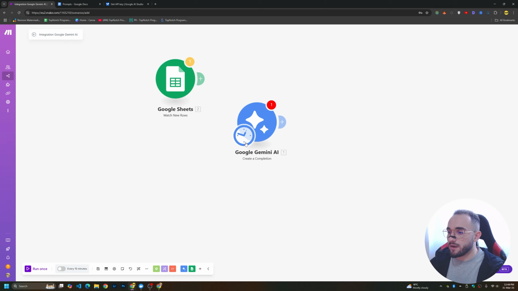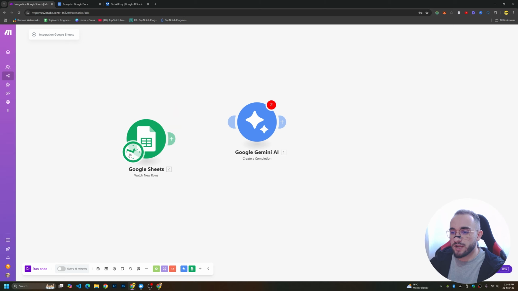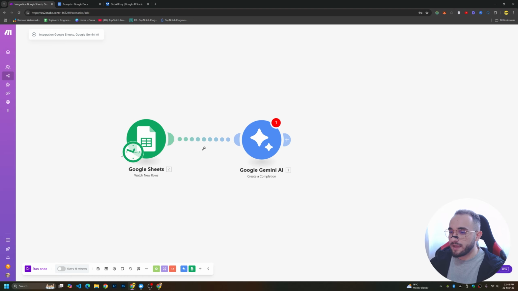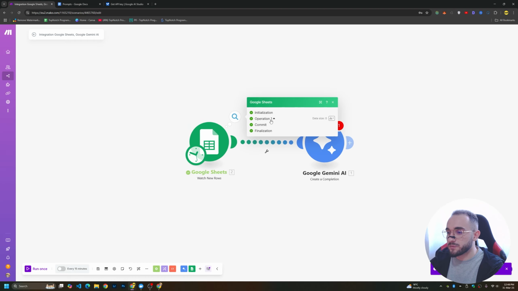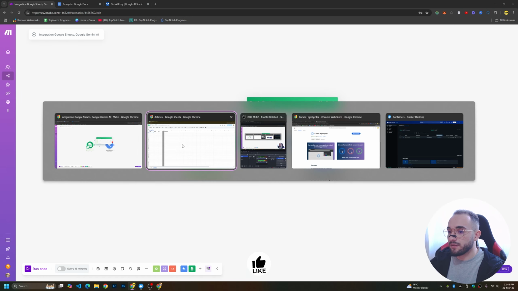Okay, so now we'll have to move this clock to this first node here on the Google Sheet, because we want to check periodically if we have new rows, and then we can connect it to Google Gemini, and then we can pass the data from the Google Sheet to Google Gemini. So let's try to run once. Right click and run this module, and this will not show anything because it's empty, but let's fill this